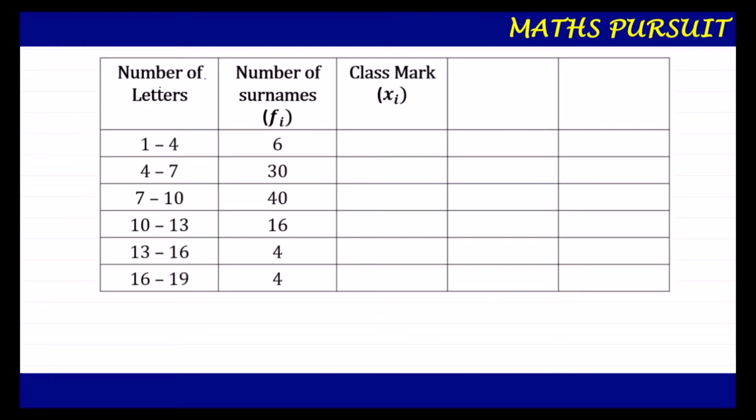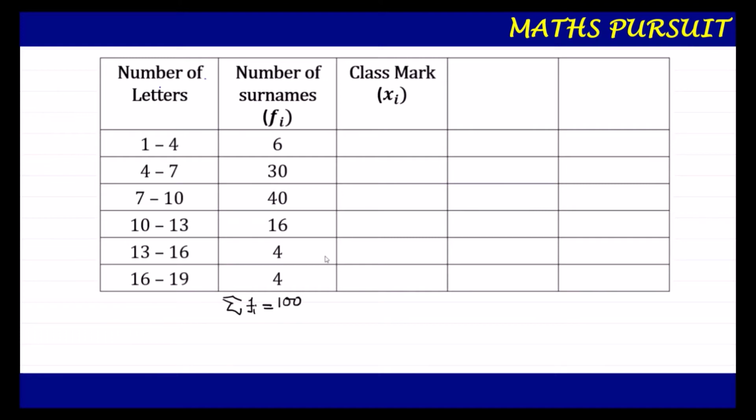Now guys, as I told you, we are first of all going to find out the mean number of letters in the surnames. In order to find the mean, let us first total the frequency. Before we start our workout, we first total this frequency, that is the sum total of Fi, and this sum total of Fi will come to 100.